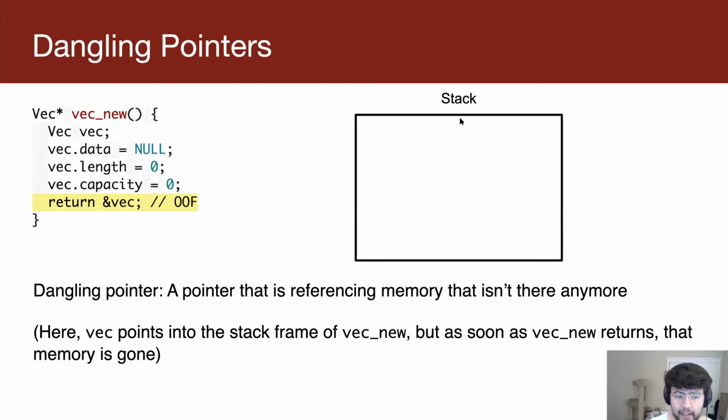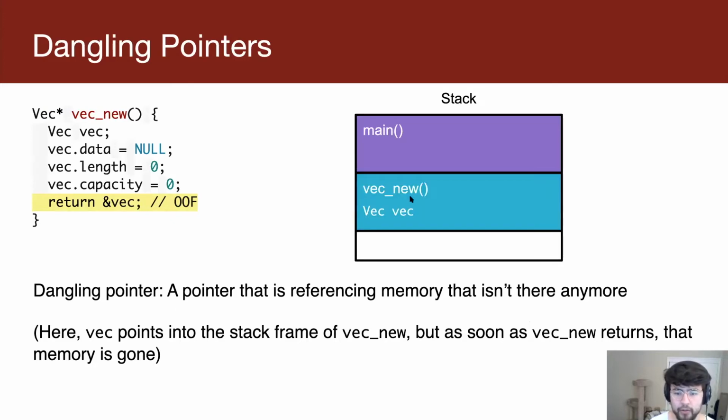Every program has a stack, right? So we start off with main, and main calls vec new initially, which declares this vec up here. So this first line is allocating space on this stack frame for this vector. And then down here, it's returning a pointer to this vector. So these 3 lines here initialize the vector with vectory stuff, and then it returns a pointer to this thing